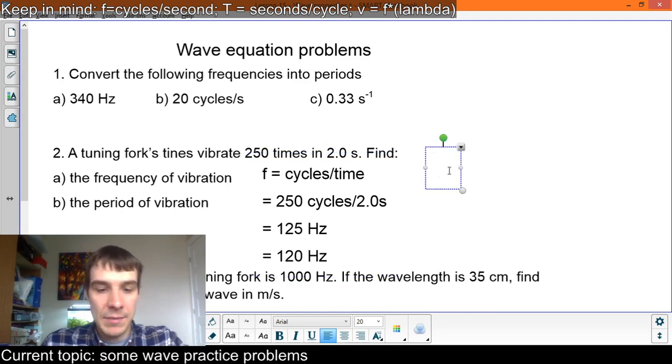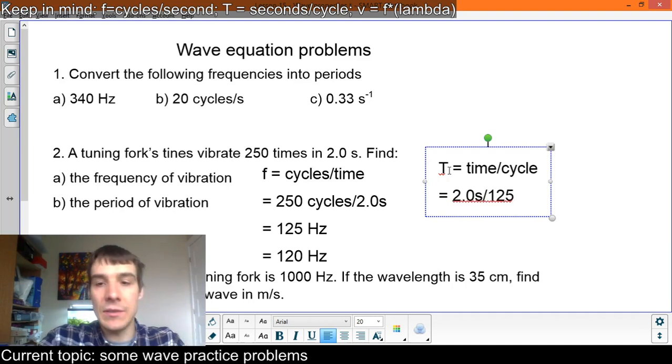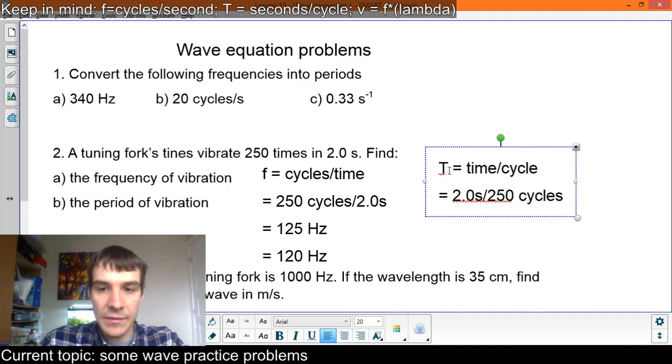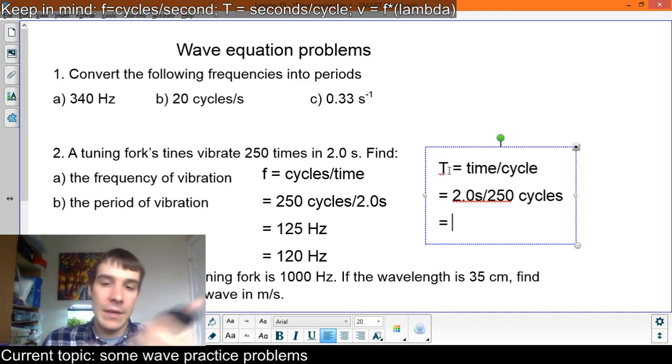Now the period is asking us how much time for 1 cycle. How much time for one cycle? Well, we know we have 2.0 seconds, and in those 2.0 seconds, we have 250 cycles. So to get the time for one cycle, you just take 2 divided by 250, and you just need to grab a calculator and do that. So 2 divided by 250,